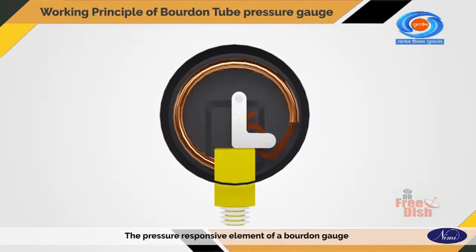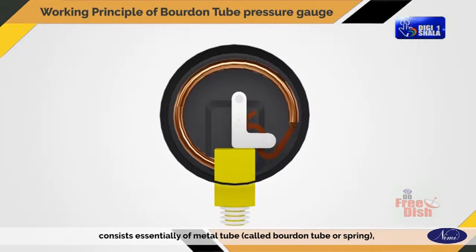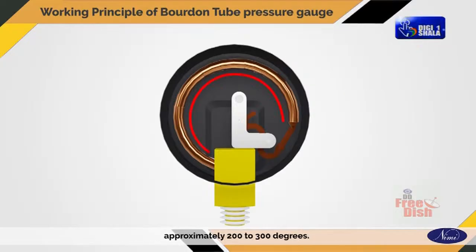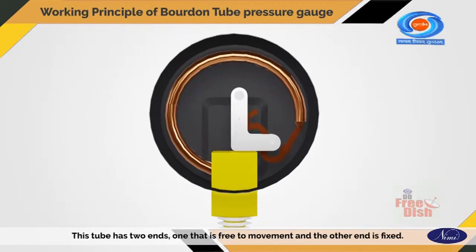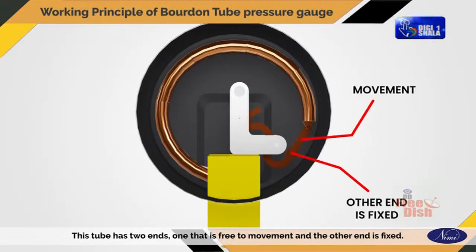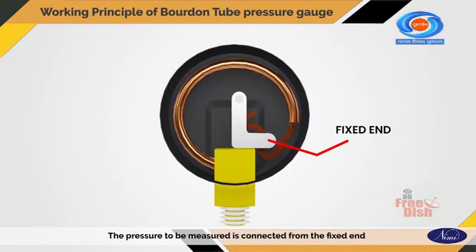The pressure-responsive element of a Bourdon gauge consists essentially of metal tube called Bourdon tube or spring, oval in cross-section and bent to form a circular segment of approximately 200 to 300 degrees. This tube has two ends, one that is free to movement and the other end is fixed. The pressure to be measured is connected from the fixed end and the free or moving end is connected to